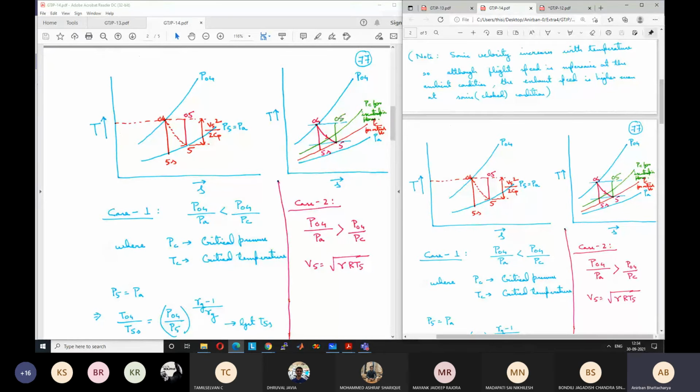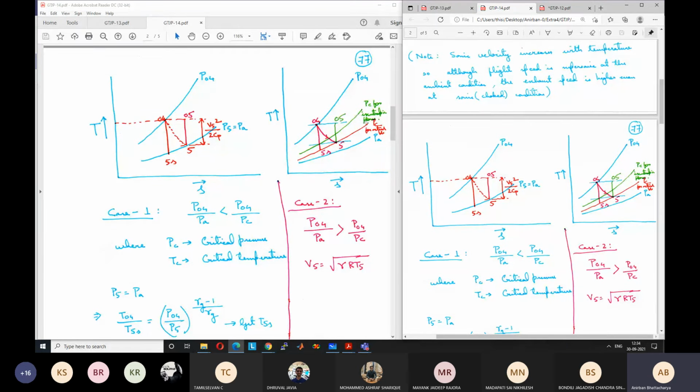We will come to what is the critical pressure for the actual nozzle and what is the critical pressure for the ideal nozzle. These two are not analogous; these two are different things. So for the actual nozzle, say there is a critical pressure at which the nozzle becomes choked. So we'll reach that pressure so that the nozzle becomes choked. At that point, the state is 5, the temperature is T5 and the pressure is P5, and it is on the constant pressure line PC.